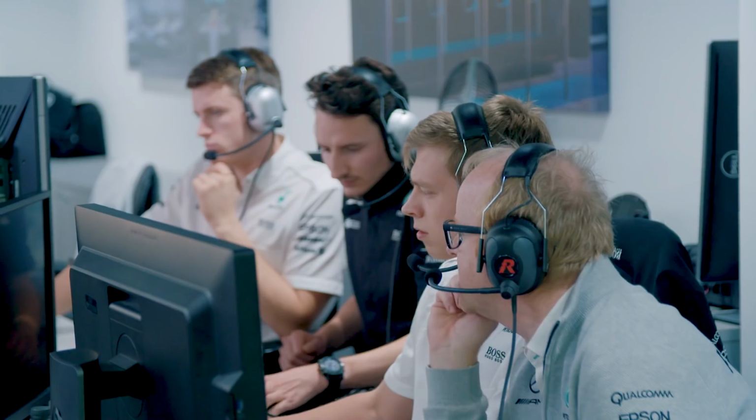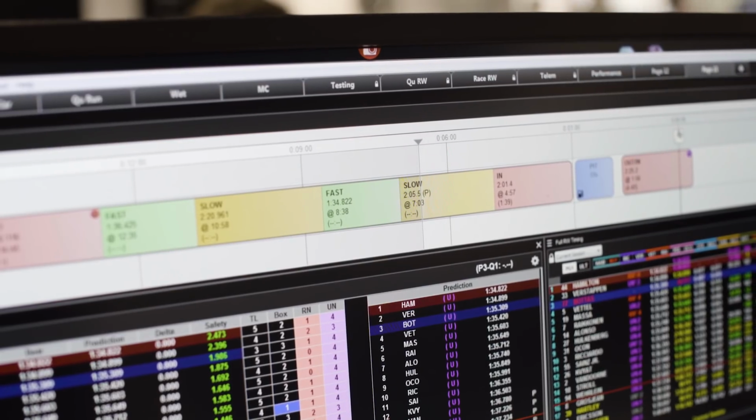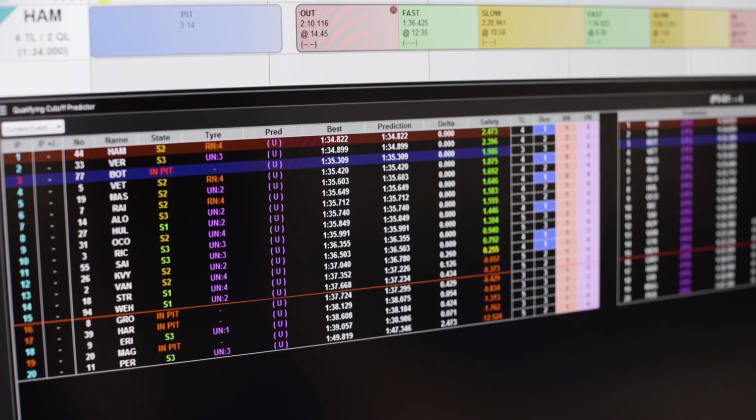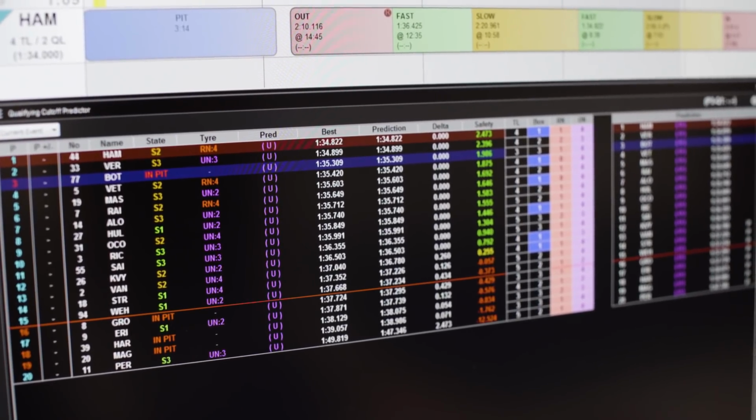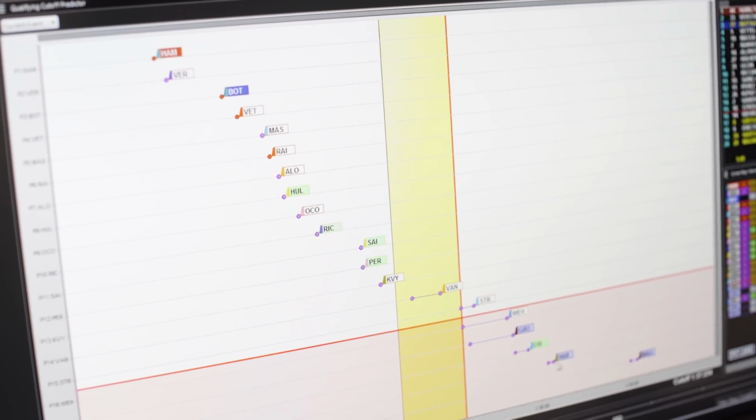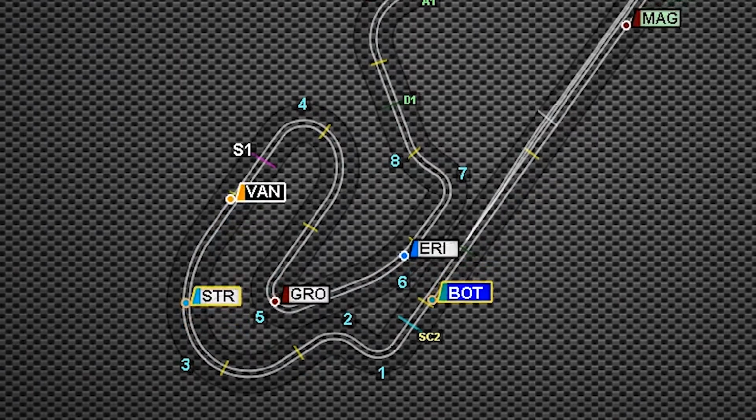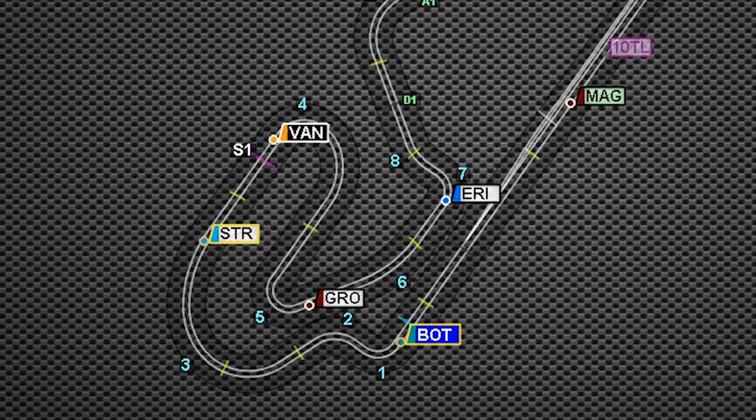Sometimes we want to run one step harder compound than other cars because it biases towards our race performance, and we use Racewatch to understand how much risk we're taking by doing this and whether or not we're okay to continue. Racewatch takes so much statistical information, so much information from the weekend to date and an understanding of how